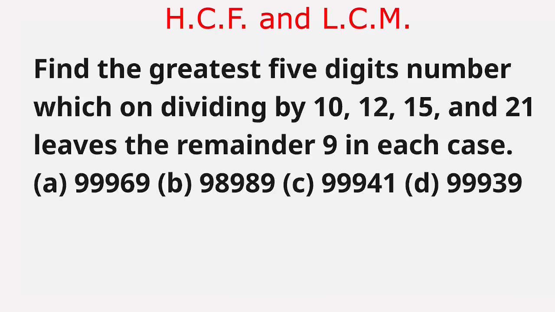Our question is, find the greatest 5 digit number which on dividing by 10, 12, 15 and 21 leaves the remainder 9 in each case. The given options are option A, 99,969, option B, 98,989, option C, 99,941, option D,